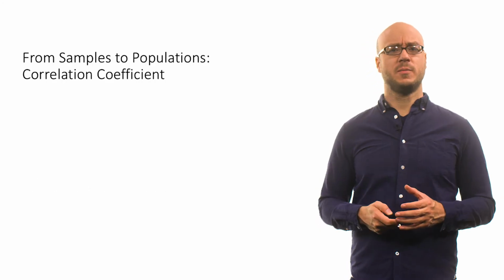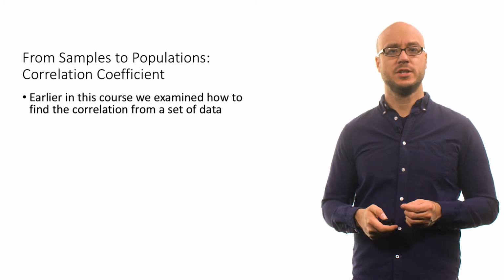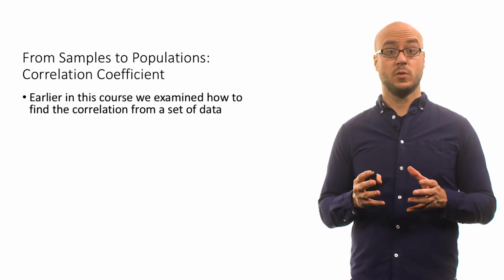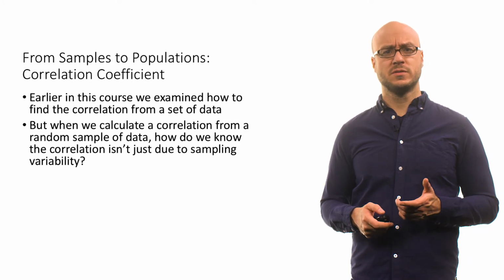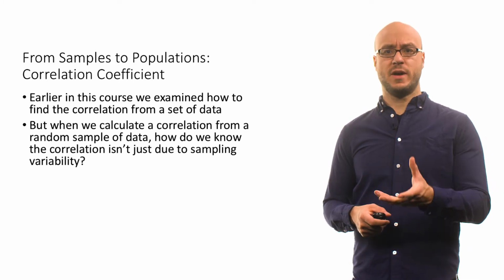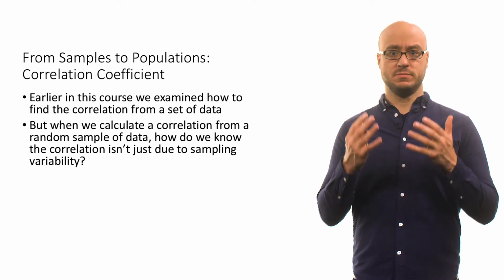In part one, we're going to talk about inferences for correlation. So the idea is we're going from samples to populations in terms of looking at the correlation coefficient. Earlier in this course, we examined how to find the correlation from a set of data. So you have a population or you have a sample, and you just want to find a correlation in that